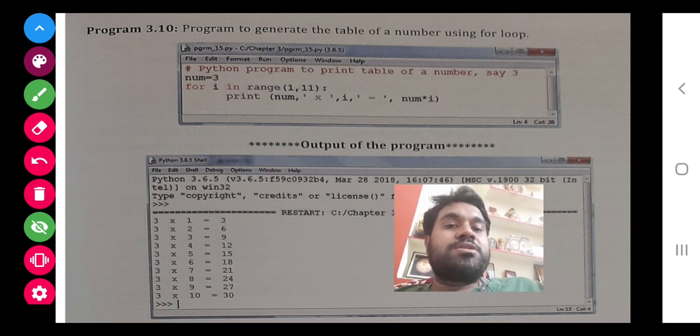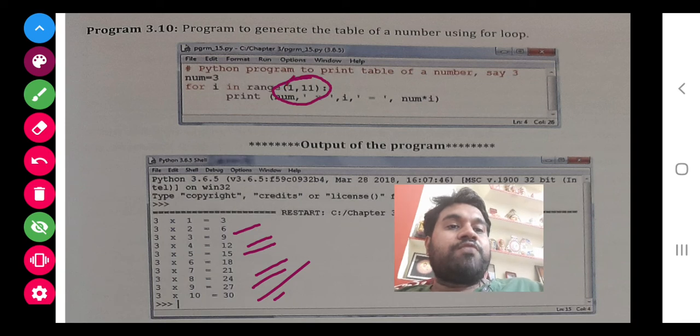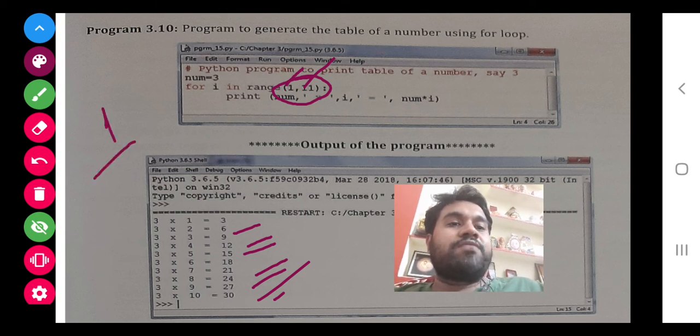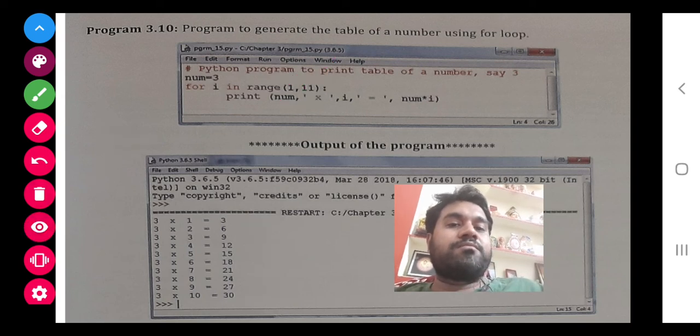So class, after that the value of i will come as 2, then 3, and then this will display 4 5 6 7 8 9 10. Again I am repeating, the final value should be 1 more than the required value. We want till 10, so we will write 11 here. And step we have not given, so by default it is 1. If you want more steps, then you have to write it; for 1 it is the default.